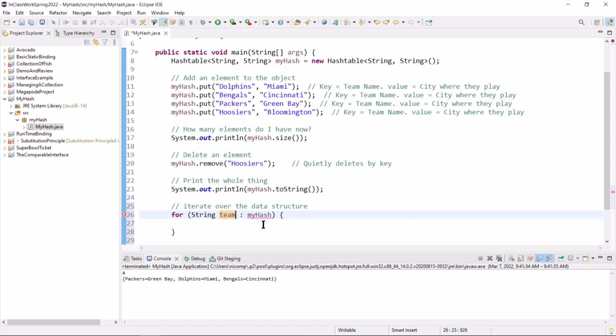But I can't just iterate over the name of the data structure. Java isn't willing to do that. Python, yes. Java, no. So I need some other syntax to get the iterator from that data structure. Now I know it's there, but I can't remember what it is. Let's just act like I can. Is it called iterator?